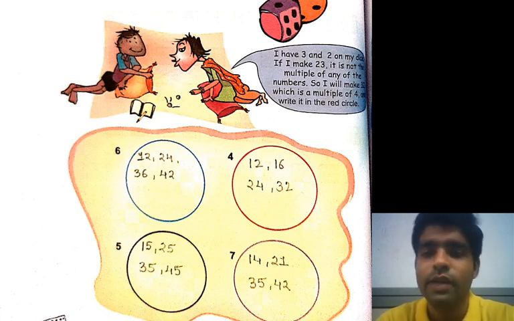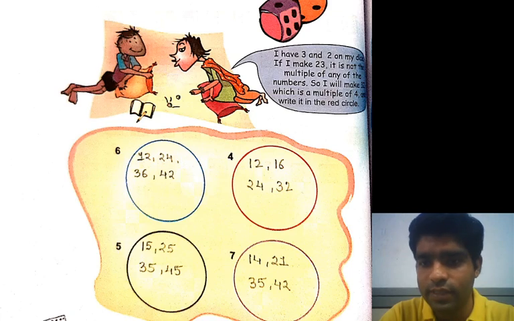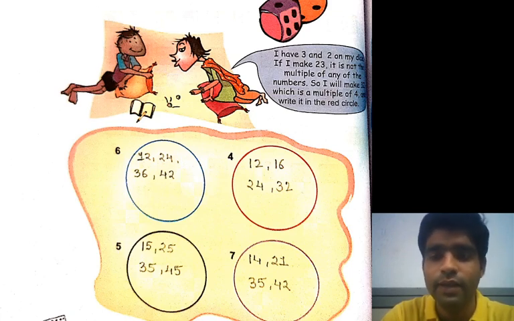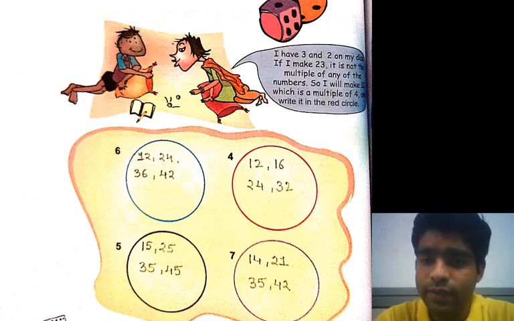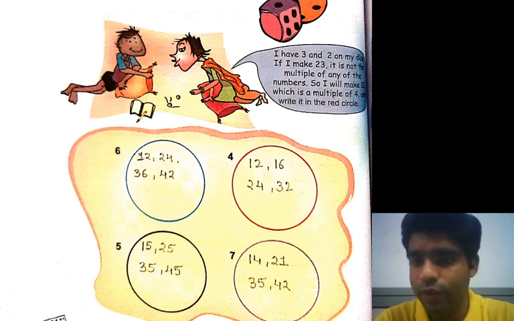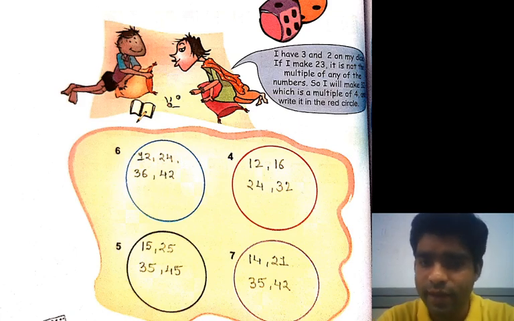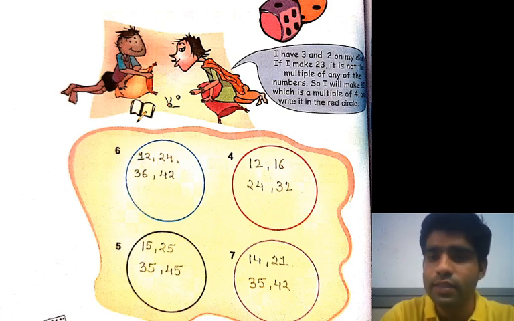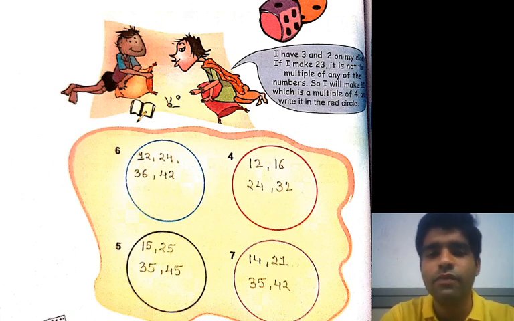Okay, now let's start from the next one. This is our 7. We have to write down 14, 21, 35 and 42. Okay, these are also multiples of 7. Definitely, the 7 table has 14 here. 7 2s are 14, 7 3s are 21, 7 5s are 35 and 7 6s are also 42. Okay, these are all our examples: 6, 4, 5 and 7. It means that we have to write down the multiples. Okay, now let's start from the next page.